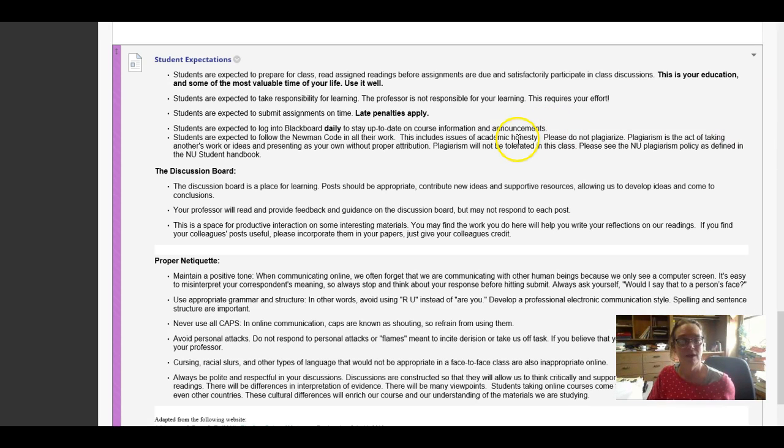Oh, and again, netiquette, right? Proper netiquette: maintain a positive tone, be nice to each other, write in full sentences, please. Use full words, don't use texting abbreviations, if you can help it, please. I know sometimes we get fast.